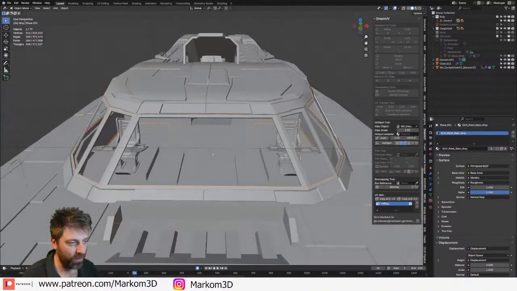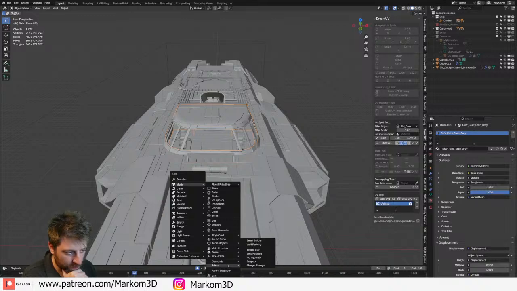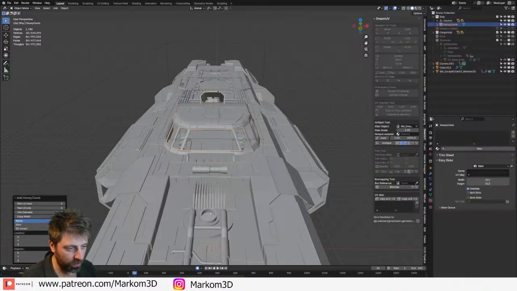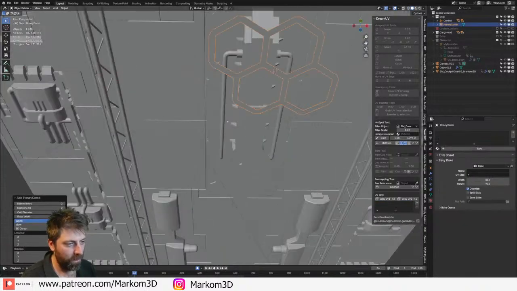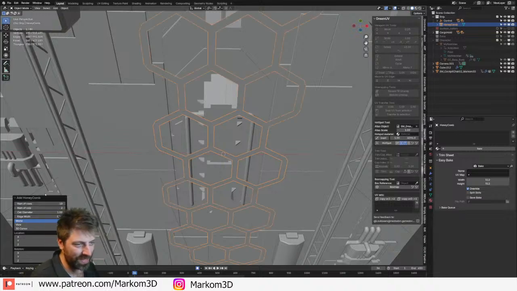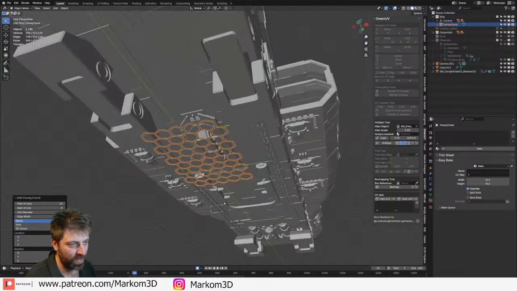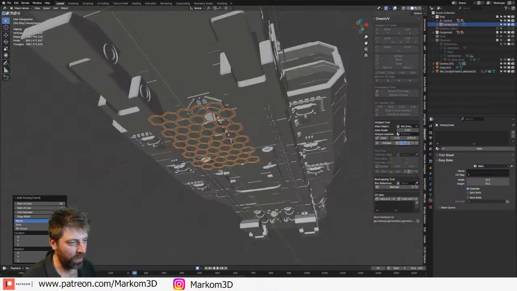Yep, close that for now. Shift S, Cursor World Origin. I'm going to actually add in a honeycomb. So extras, honeycomb. Okay. So when my son is at basketball, there is like a fitness gym or something that has this lighting. Let's replicate that.